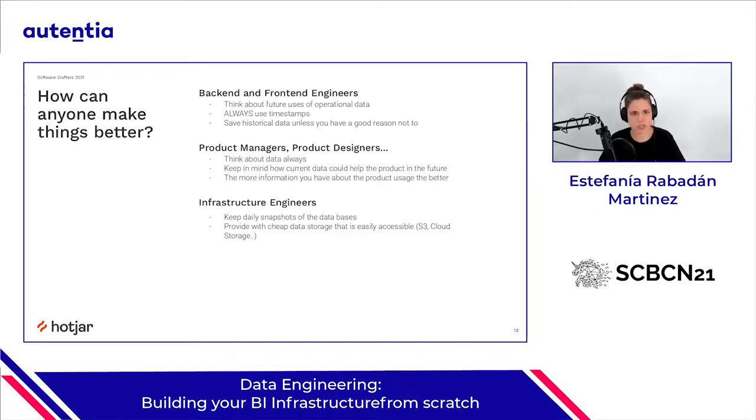Okay, so I put together a few things that I've learned in the past to share with you in case it helps. So for fellow software engineers, backend and frontend, first of all, always think about how that operational data can be used in the future. If you create a user, if you update a user, think what can happen with a user, think if it's important to store a bit more detail or less. It's easy in the future to delete stuff. It's impossible to create data from the past that you don't have. So that's a good one.